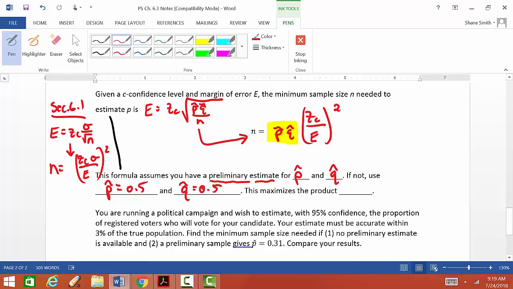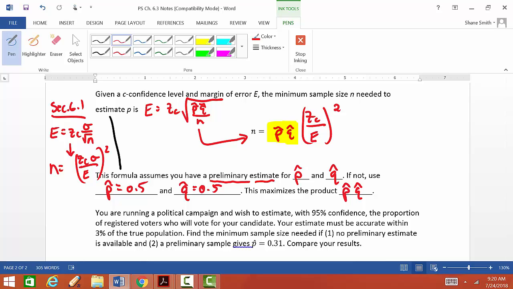So it basically puts us in a worst case scenario. It maximizes the product when we multiply p hat and q hat together. P hat times q hat. And when the two numbers that add to 1 are multiplied together, the largest result is given by 0.5